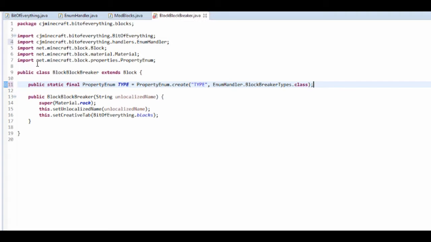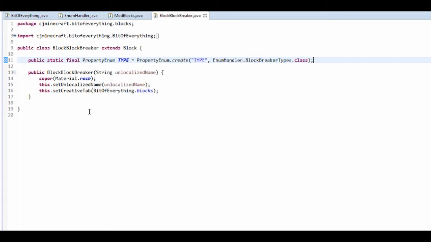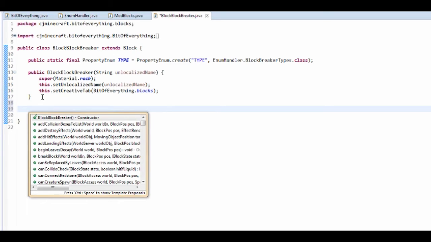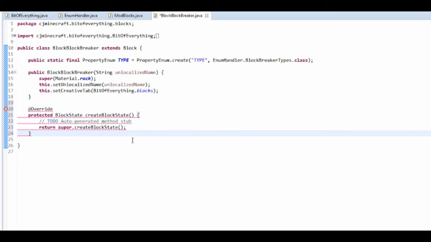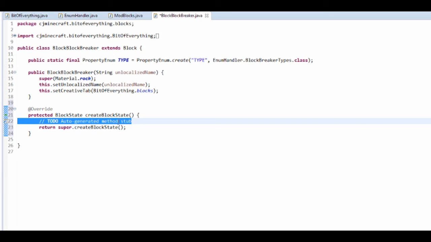So it actually needs a class. So there we go, we've got that. Now we need to actually create this block state. So if we press Control space and type in create block state, you wouldn't do this in a normal block, but you do now. And what we're going to do is return a new block state,